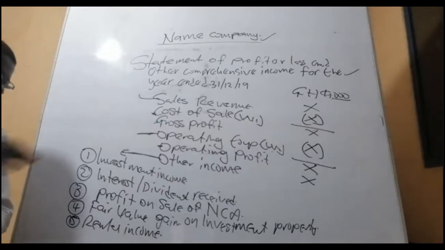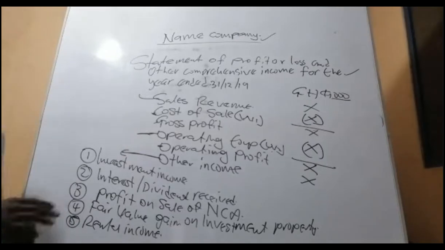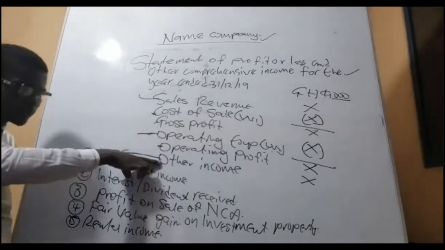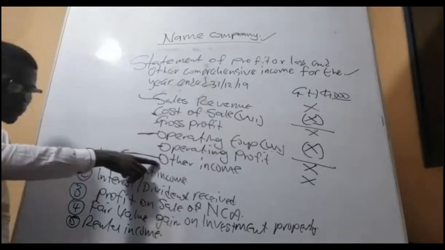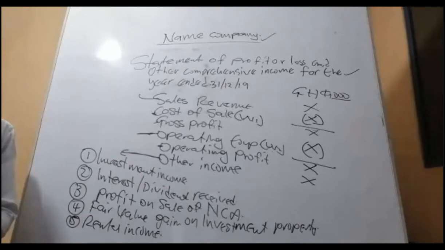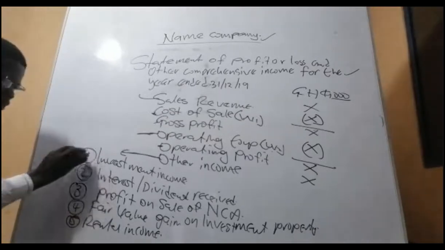But the idea is that any revenue or anything that you have received in the form of revenue, but it is not in line with your core activity, must be accounted for here. So if you are a bank, your core purpose is giving finance and accepting deposits. Any income that you made aside from this must be accounted for in other income. So that is it. Now let's continue the game. So now you know the composition of the other income.